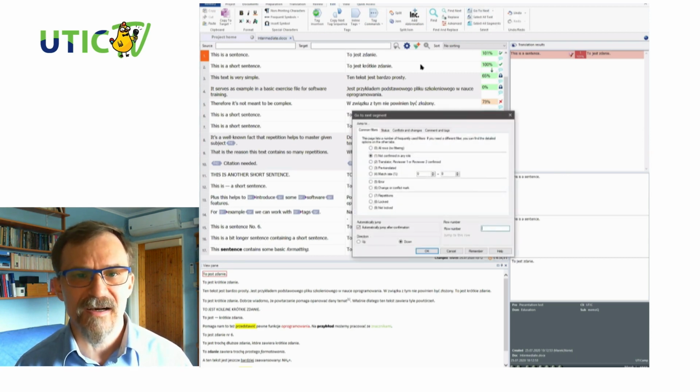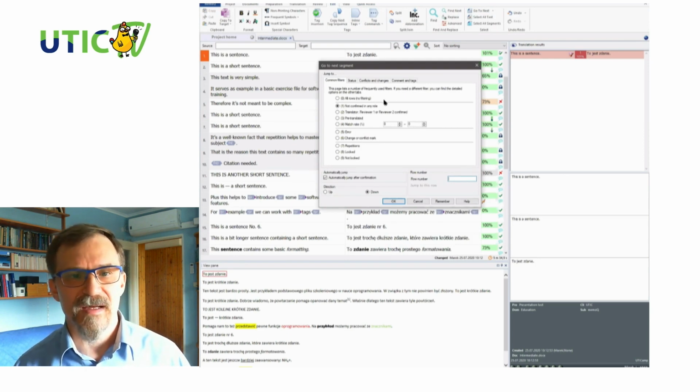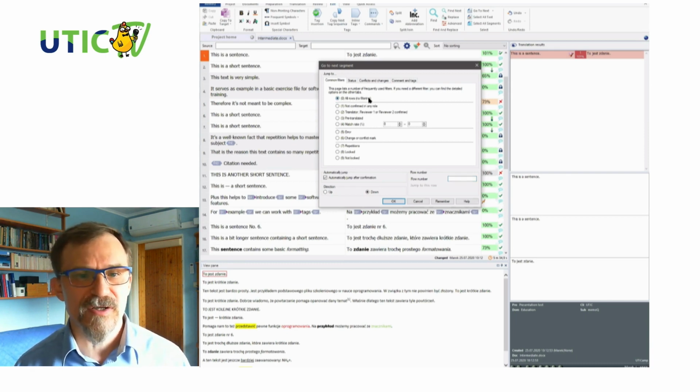This is one of the dialogues which I actually use quite a lot. So by default, when you install MemoQ, MemoQ will use go to next settings, all rows, no filtering. It means that when you confirm a segment with Control Enter, MemoQ will go to the next segment regardless of its status, which may be useful in some scenarios, but it's